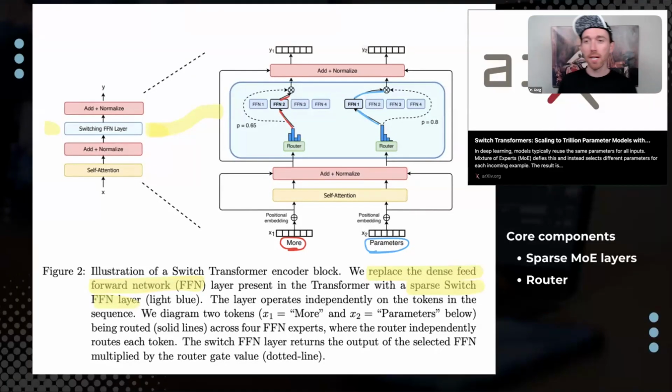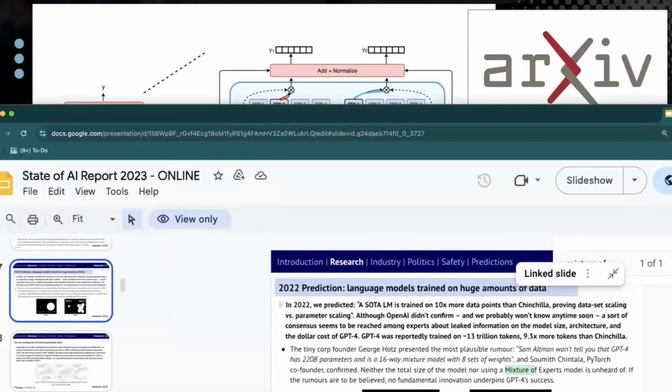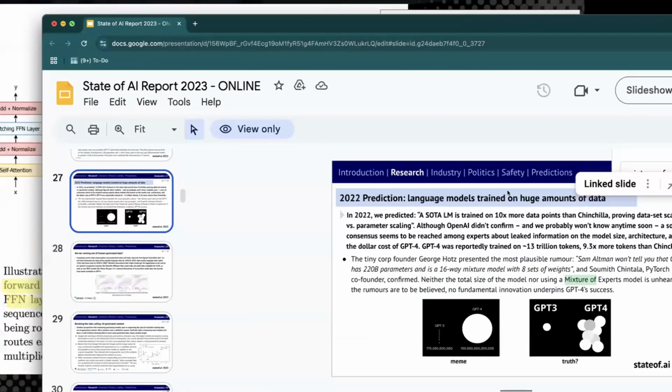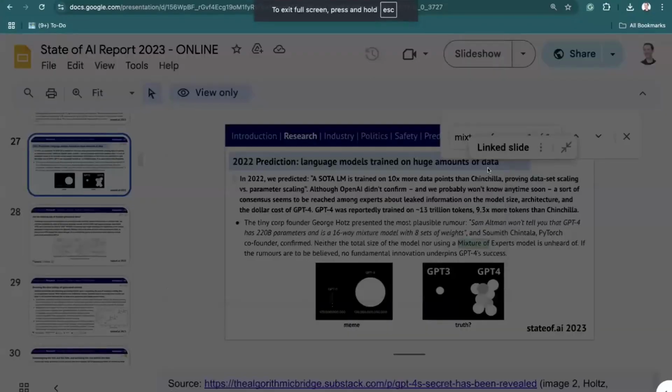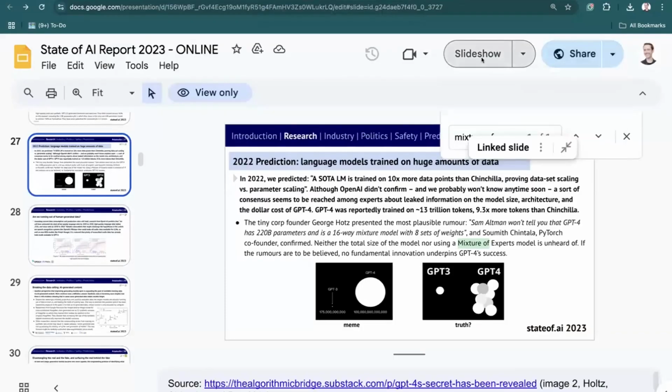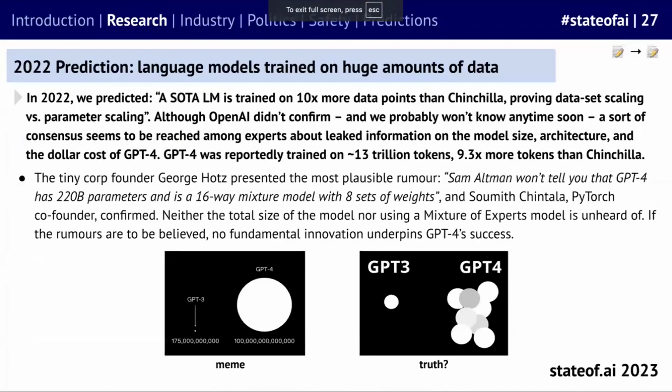Yeah. And you said something there that I just want to make sure people heard. You said that it's all but confirmed that ChatGPT is a mixture of experts model. So, this is from the State of AI report 2023. This was October 2023 that people were saying this. So this is an important thing to pay attention to. Obviously, it's closed source. We don't know for sure. But this is sort of the,